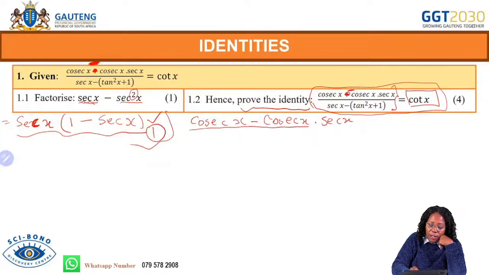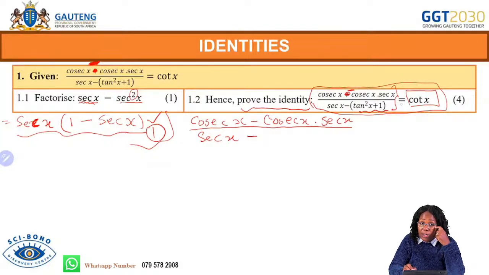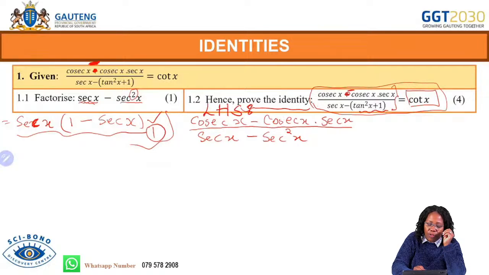On the denominator, we are given sec x minus, and if you look at 1 plus tan squared x, this is a square identity. Remember I explained earlier on the types of identities. This one falls on the square identity. So we can remove 1 plus tan squared x and write it as sec squared x there. And then grade 12, please indicate that you are using your left hand side in order to prove this. You leave the right hand side on your equation there. And then now from there,